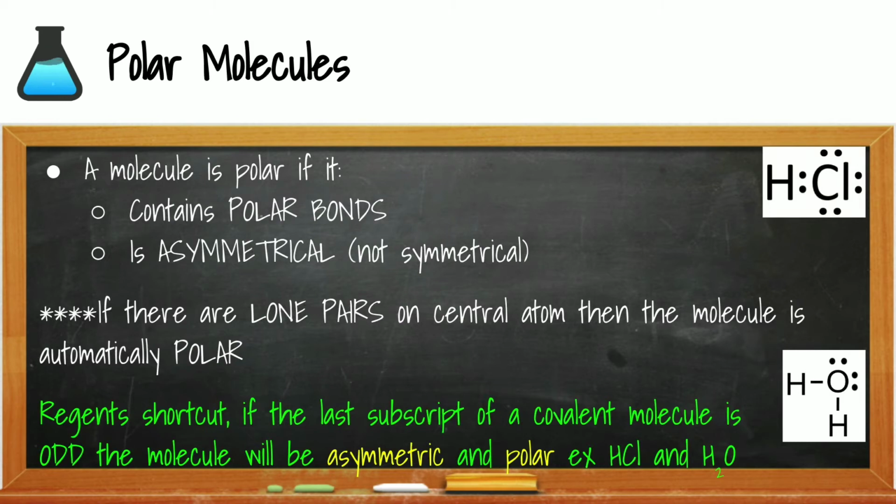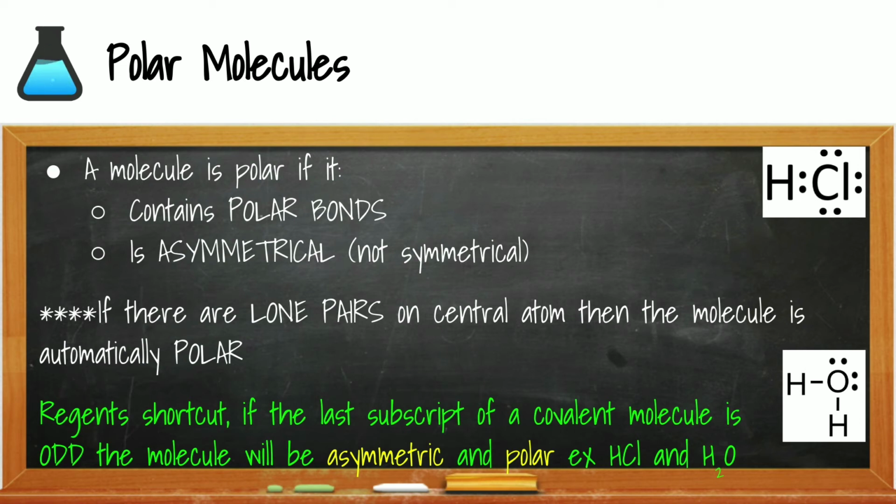Polar molecules are always going to contain at least one polar bond and be asymmetric. Polar molecules are asymmetric along the vertical axis and the horizontal axis. One shortcut you can use to determine if you have a polar molecule in Regents Chemistry is examining the last